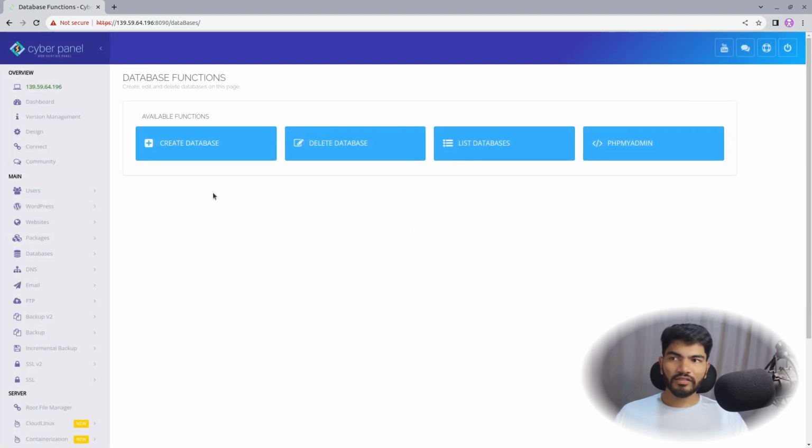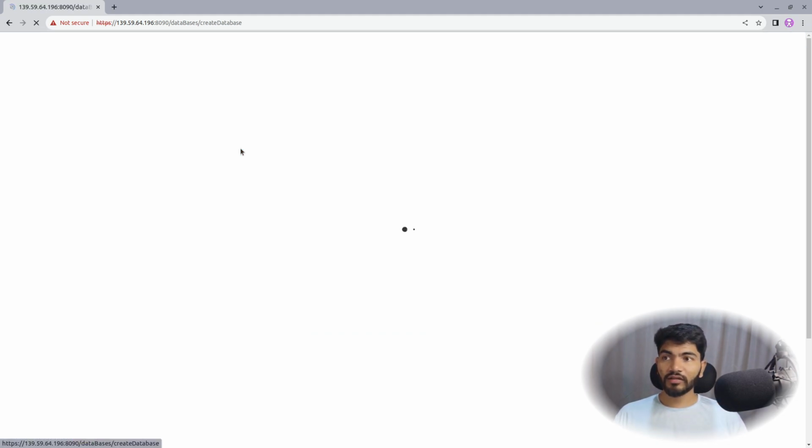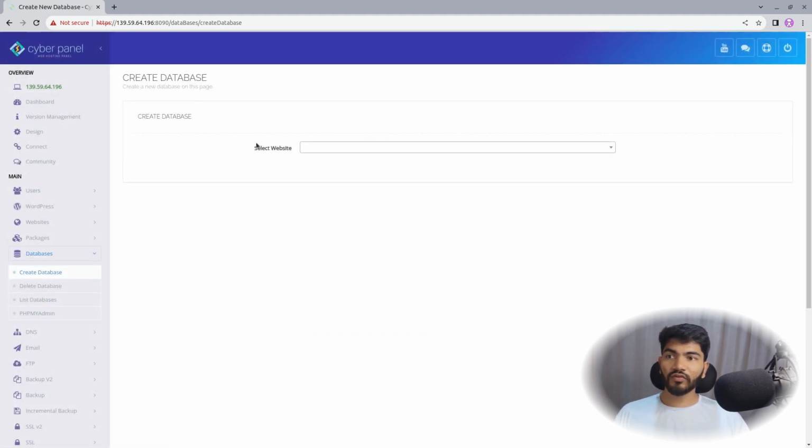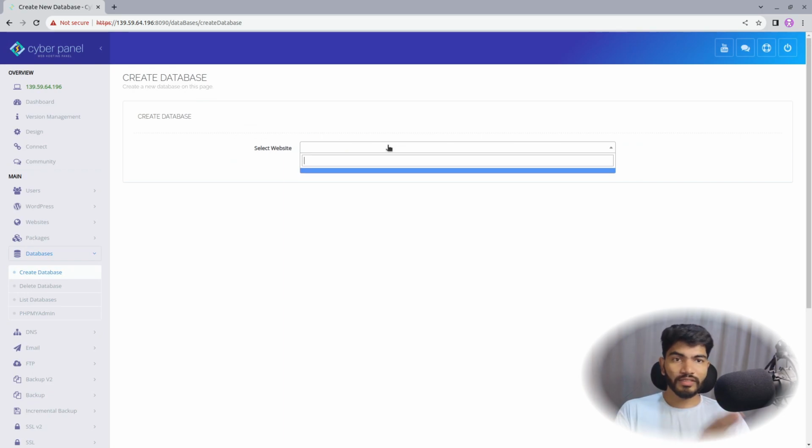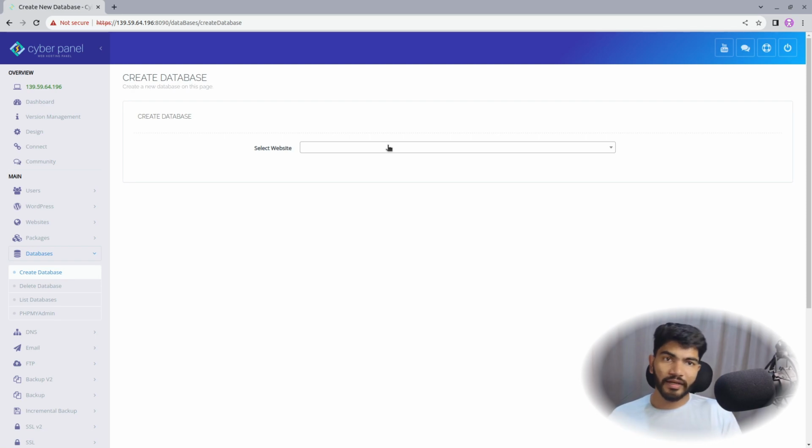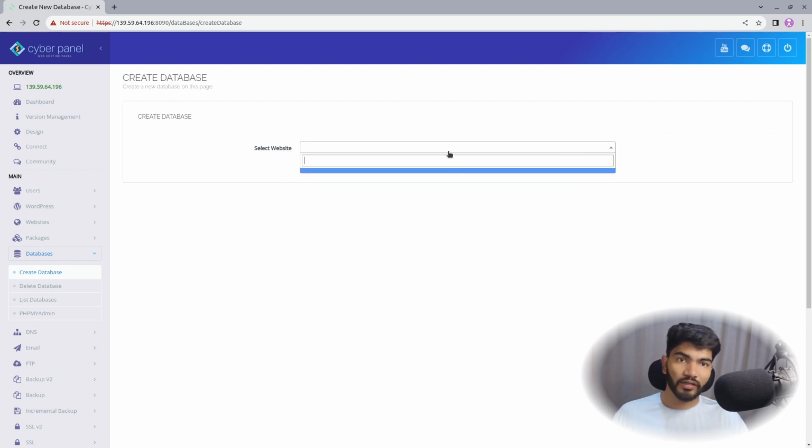So let's go back and let's explore the database. By default, CyberPanel only offers the MySQL database, right? So right here, options are available to create database, modify database, delete database, right? In create database, you cannot just randomly create the database. You need to assign the database to a particular website. So as of now, I am inside create database, and as you can see, it is not giving me any button to create